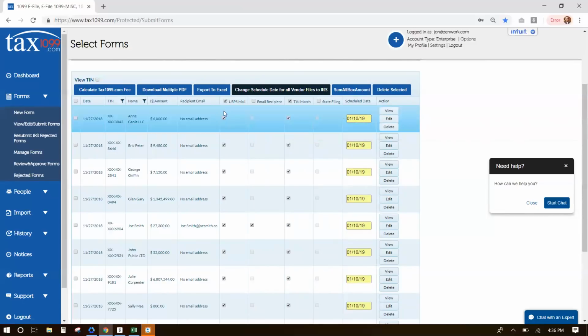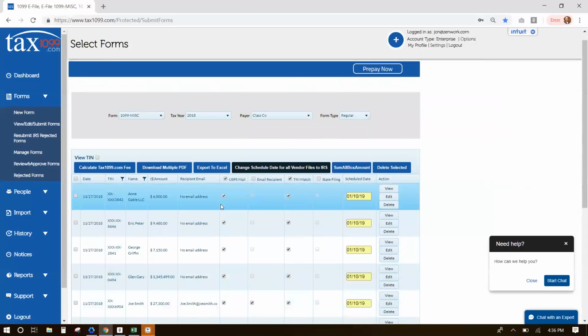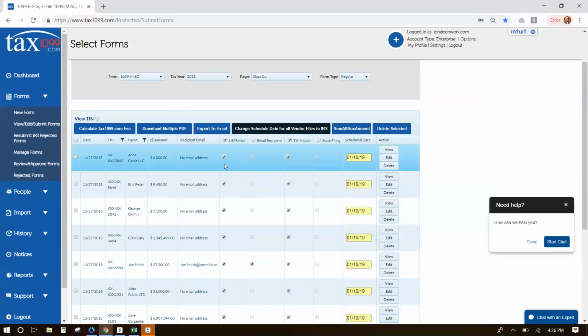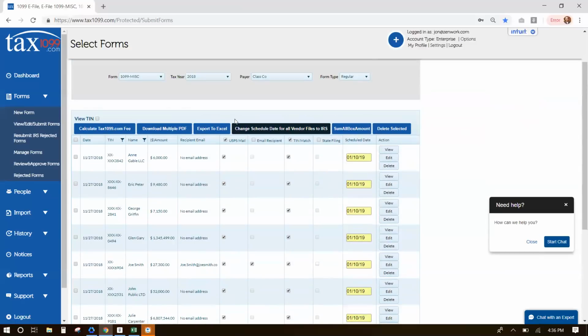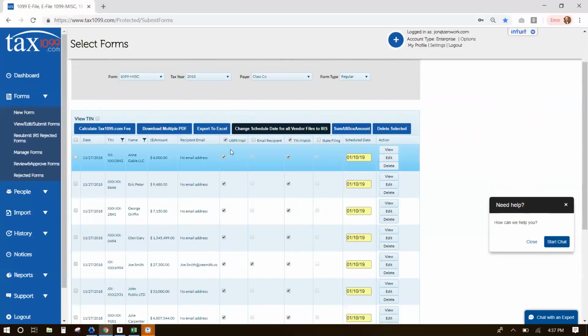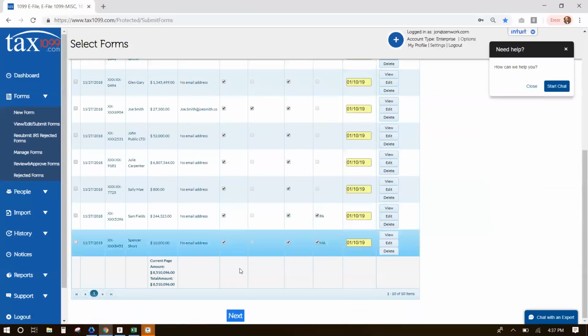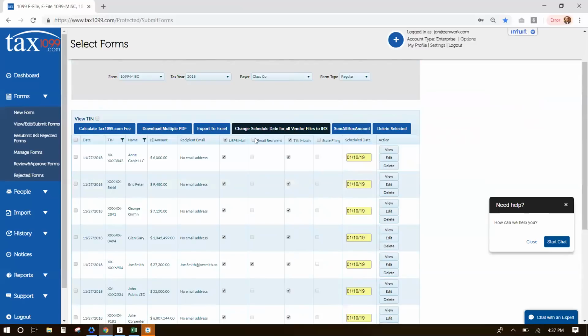And so if you do select mailing and you go ahead and click next down here and finish up the filing process, as soon as you submit your forms and make payment, the mailing process kicks off right away. So those mailed copies will go out within a few days. Recipients should start getting those in the mail within 5 to 7 days. And the e-file date could still be in the future. If you make payment and submit in early January and get those copies mailed out, you may hear from people